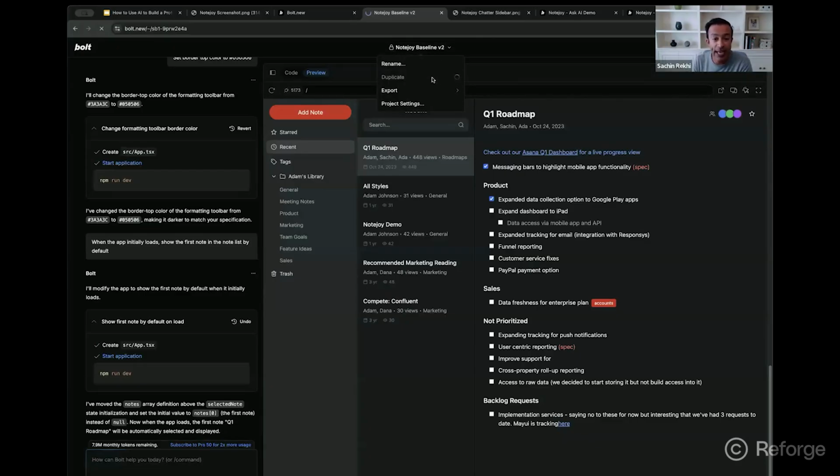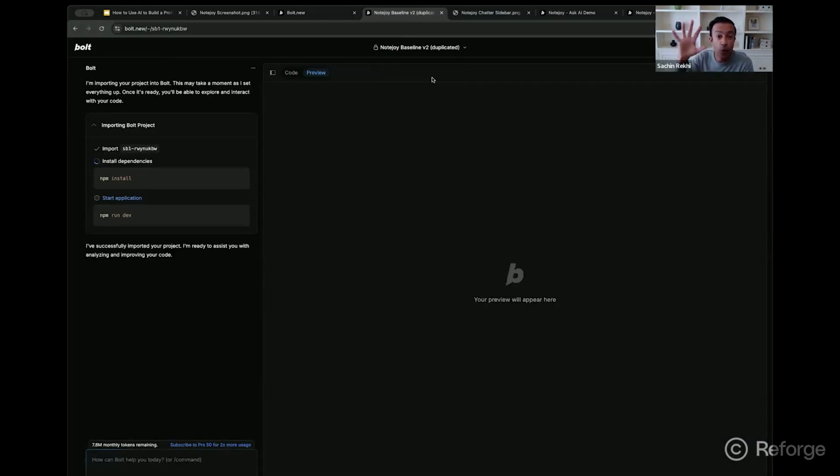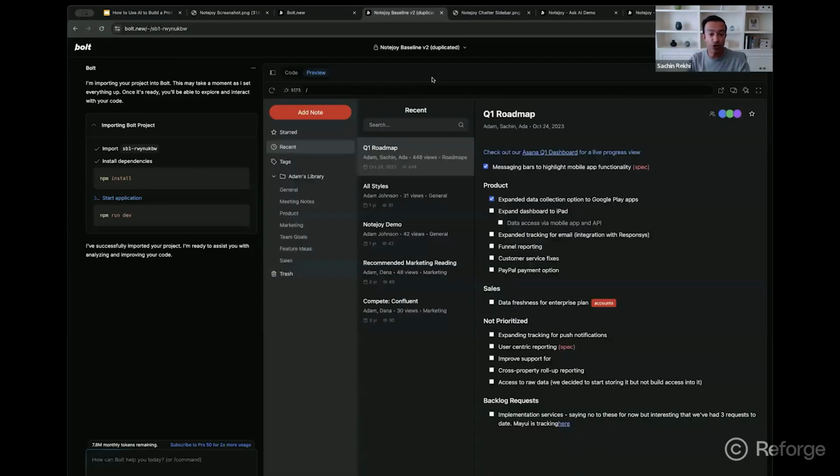And so now I'm going to duplicate it, and it's going to create a new project for me with that baseline. And so the idea here is I have my core NoChoi application already created, and now I can start prototyping new features on top of it. And that's what I want to show you next. And the reason we're doing this is now when I add new features to it, that feature by default will look exactly like the rest of my app. It's inheriting the designs of my application automatically.